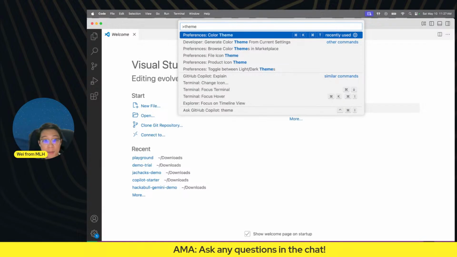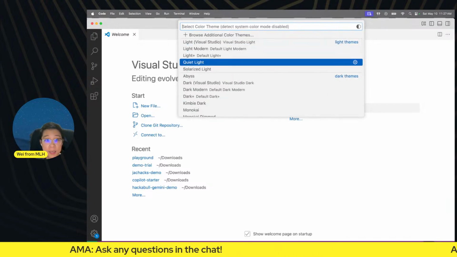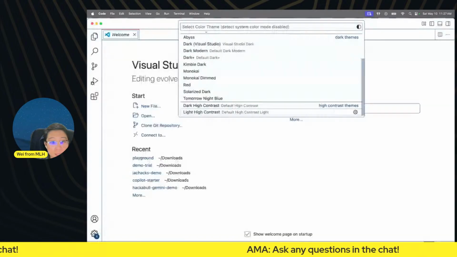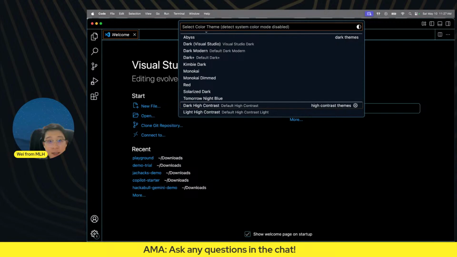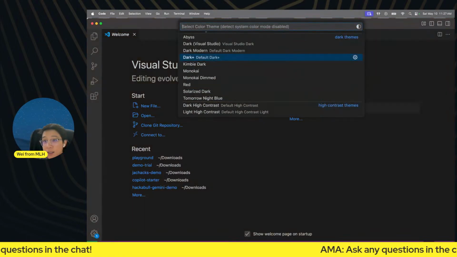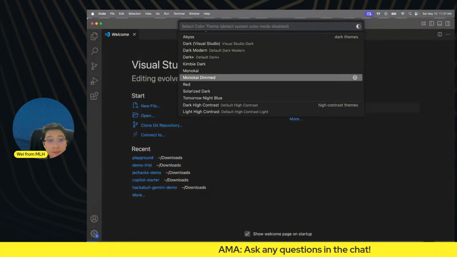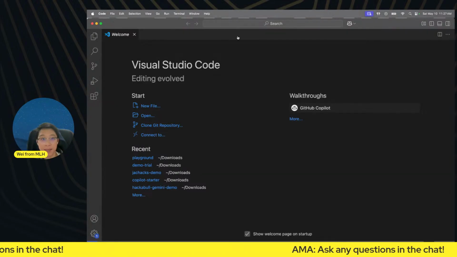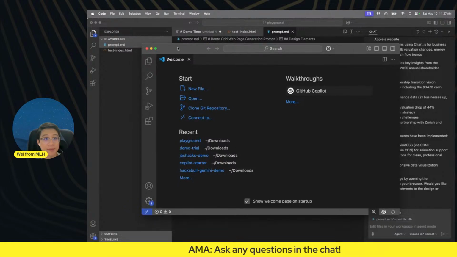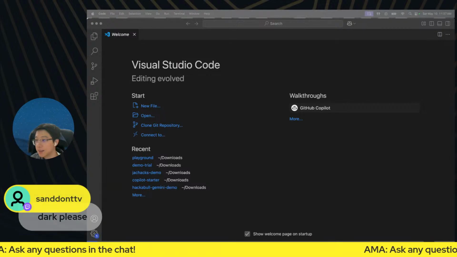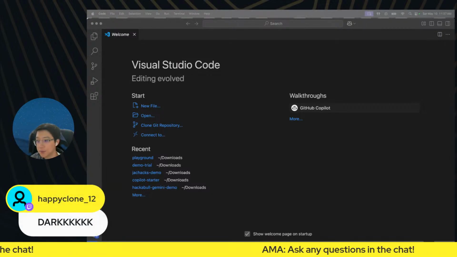See, I don't know where that option is, so I just type that, and boom, I can change the theme right from the command prompt. Let's pick a cool one. They all look pretty good. Maybe I'll try this one, Monokai Dimmed. All right, better? Cool. So many people asking for dark.